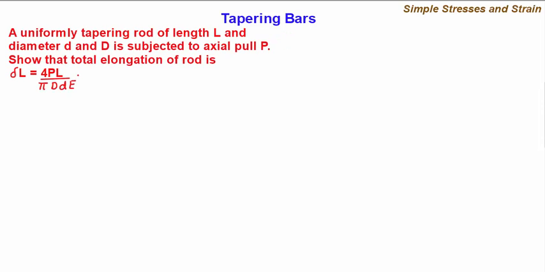We take a problem on simple stresses and strain, and we consider tapering bars. A problem statement: a uniformly tapering rod of length L and diameter small d and capital D is subjected to an axial pull P. Show that the total elongation of the rod is delta L, which is given as 4PL by pi capital D small d